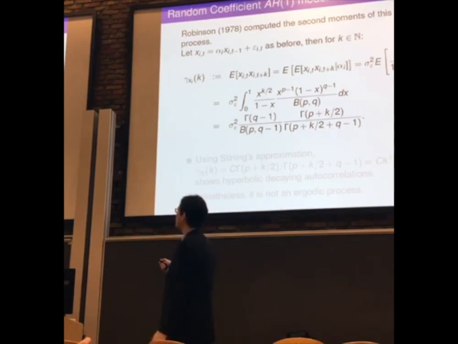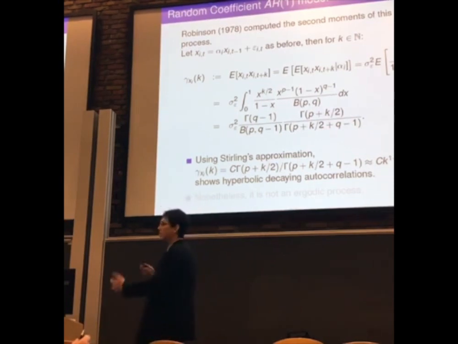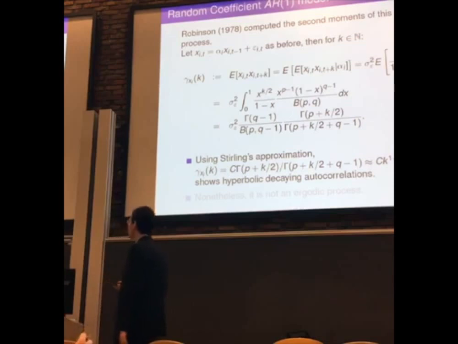Now this is a random process, so we should calculate the expected value of that, and that's just replacing the beta distribution, and we obtain this function. As you can see here, at the beginning it doesn't depend on k, so that's a constant in terms of k, and then we have a ratio of gammas. These ratio of gammas we can show using Stirling approximation looks like, when k goes to infinity, k to the something. So we obtain this hyperbolic decay, this k to the something that we wanted to get from the beginning.